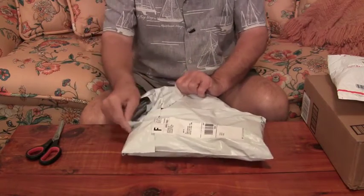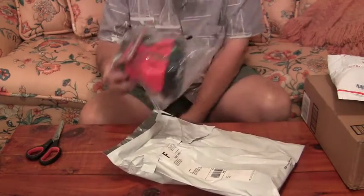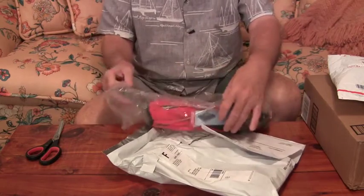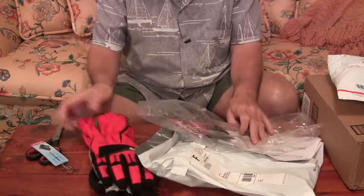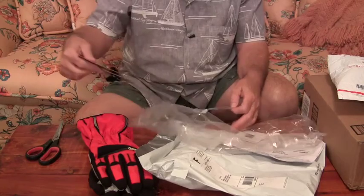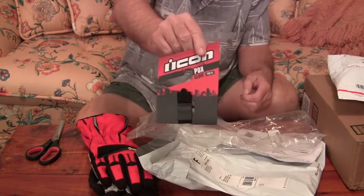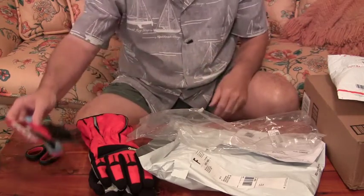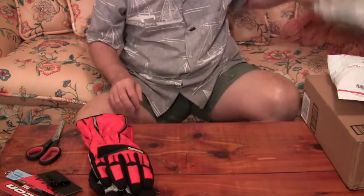What did they do before Tyvek? Looks like a pair of motorcycle gloves. Let's see what's in here. Okay, what we've got are Icon IPX waterproof gloves. These were on closeout from motorcyclegear.com, and I tell you what, if you want to save money on